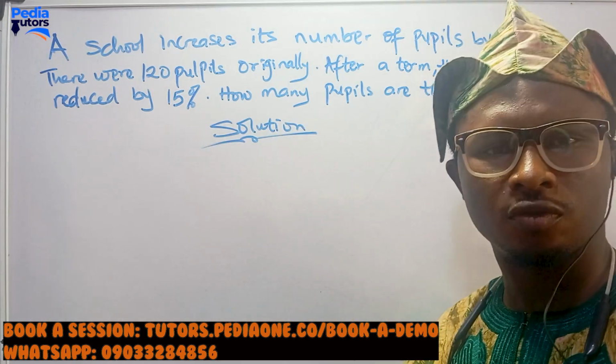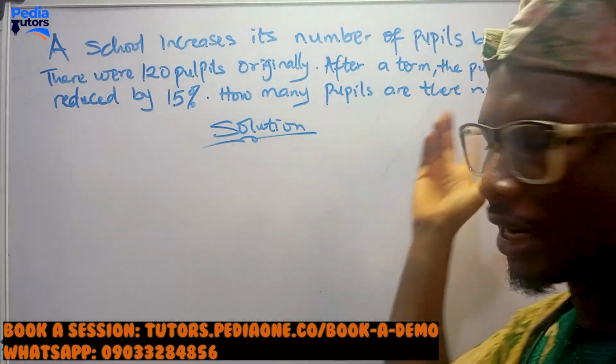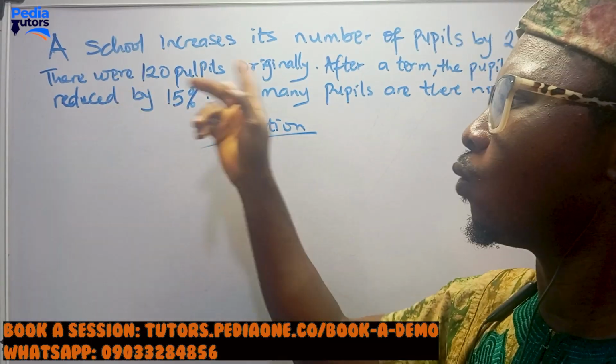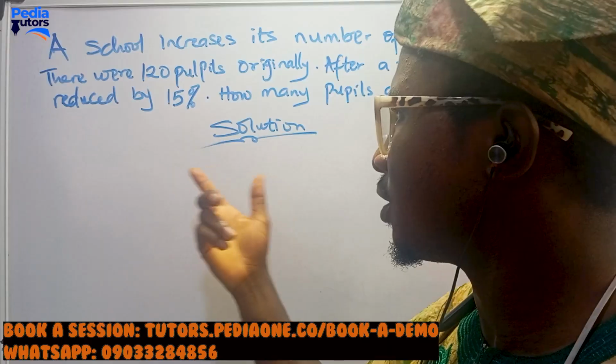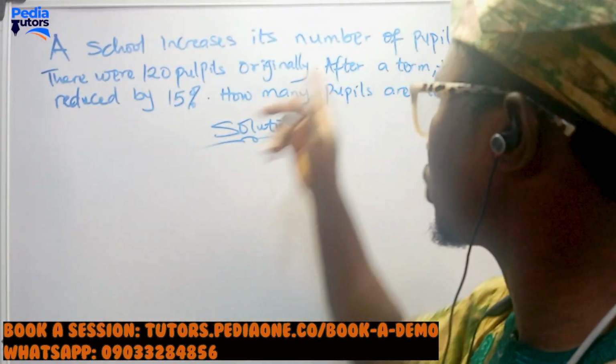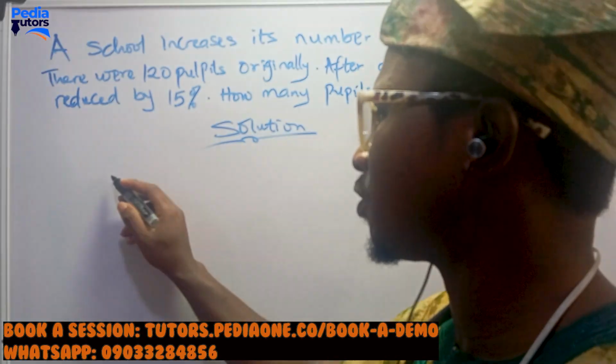Let's find out the population of this school. A school increases its population by 25%. There were 120 pupils originally, which means that at first there were 120 pupils. So now they are increasing it by 25%. So let's find out 25%